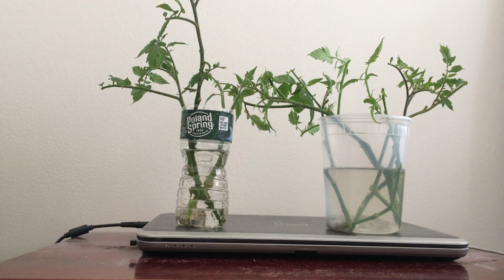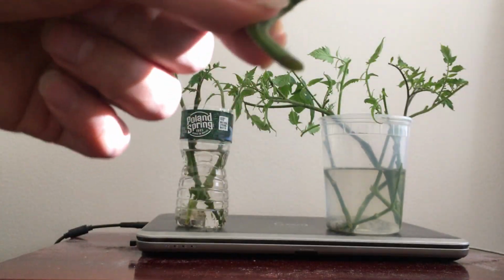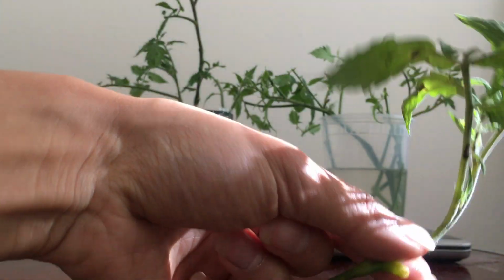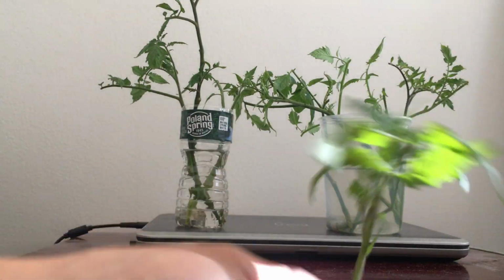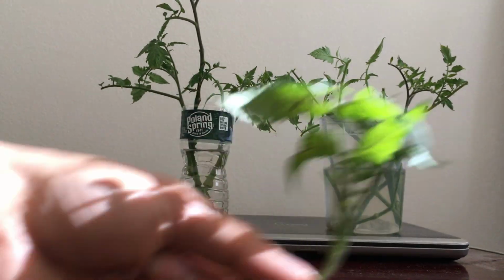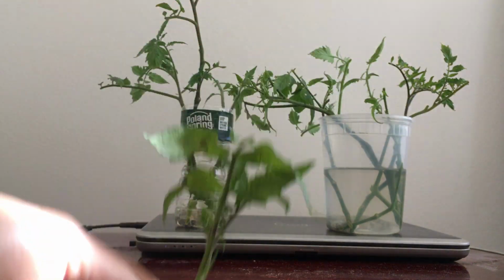We need to space it, and this one is that long. See, it had turned the color. Let's see if these work. Now, the ones that don't work, I'm going to discard. Some of these turned. That's why I got a lot, and I'll see which one works. The one that works, I will keep. The one that doesn't work, I will throw away, because my tomato plant was